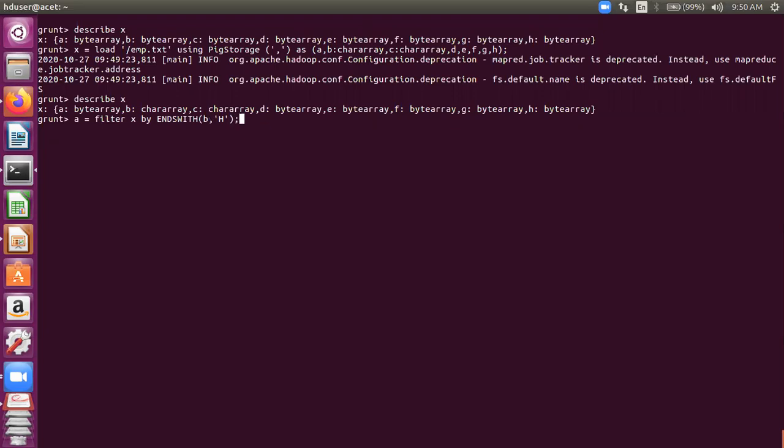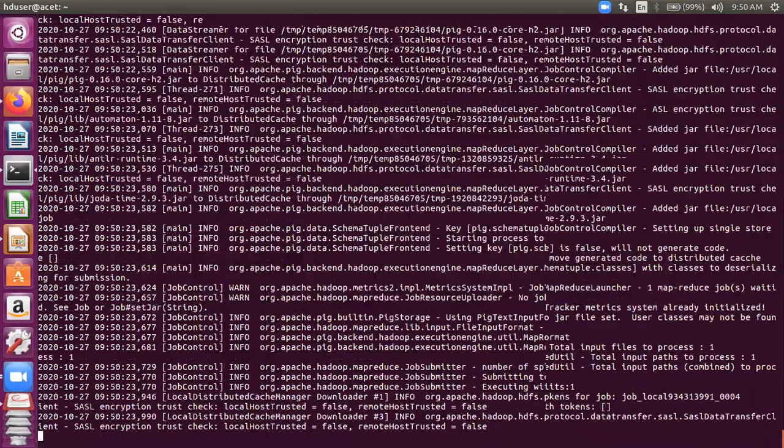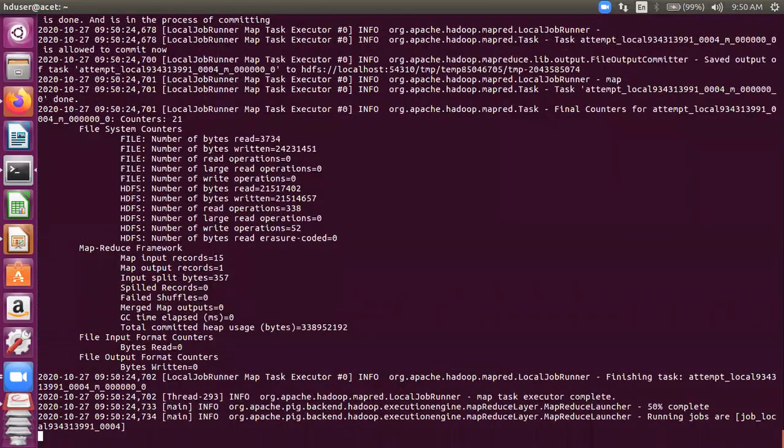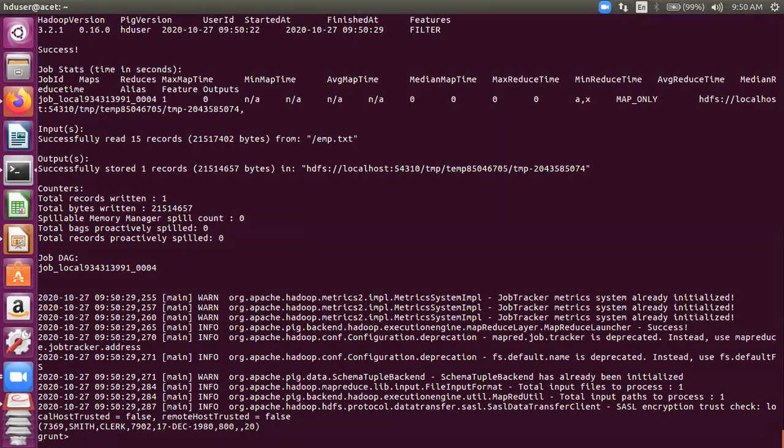So we are filtering records from the relation X in which the name ends with H, right? So let's dump and let's see what records are ending with H. So only one record is there, the name Smith is ending with H.